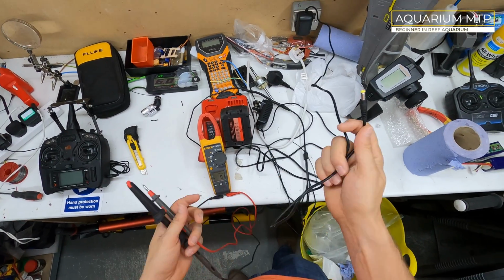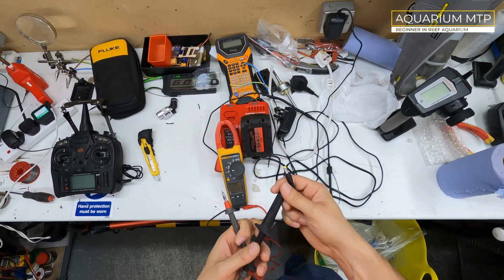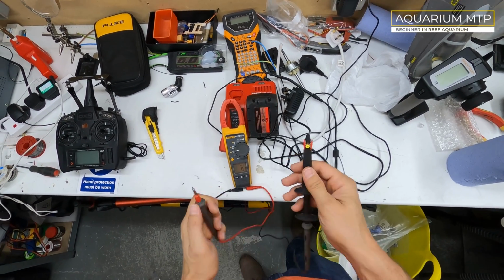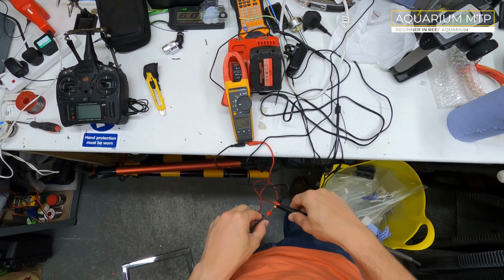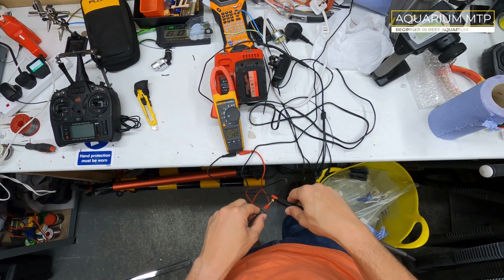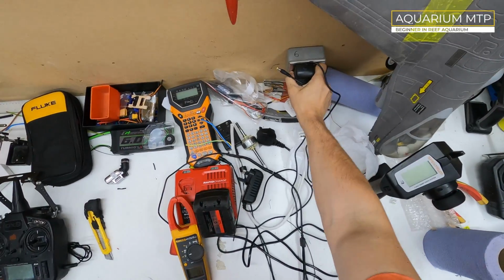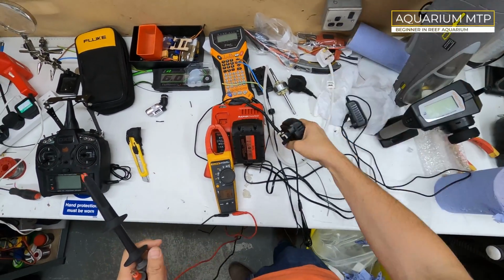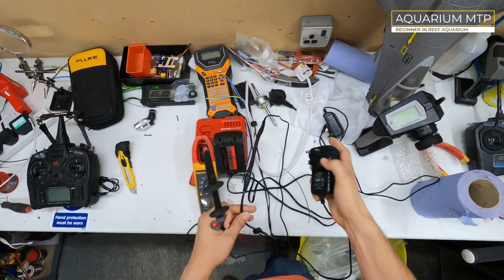Okay, we've got our new power supply, no cuts, and when we measure the voltage on it, we're going to get 12.2 volts, plus 12.2. Okay, now when we get our repaired lead,